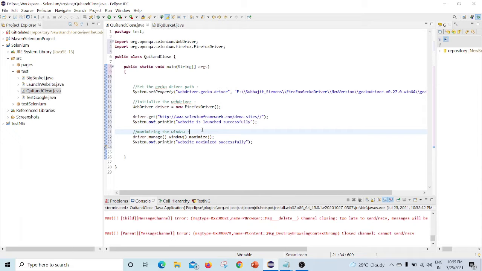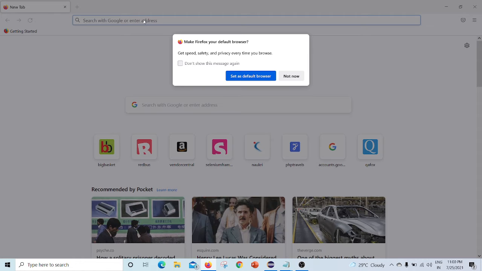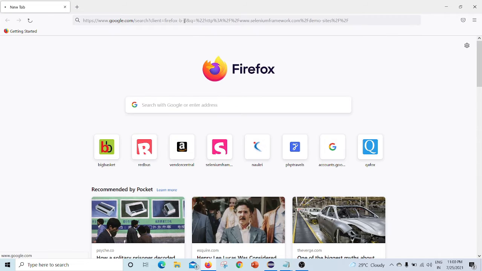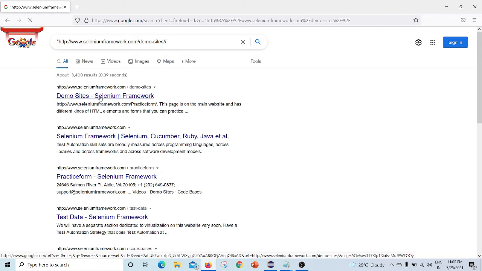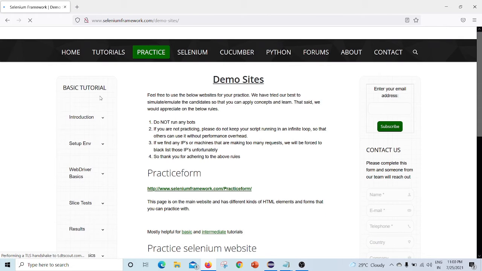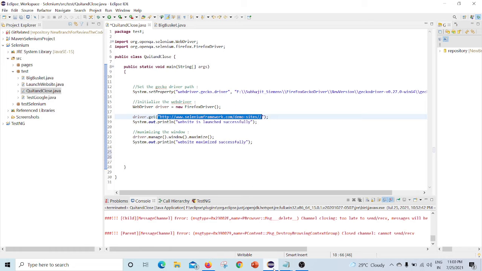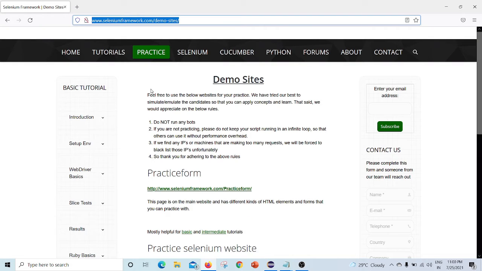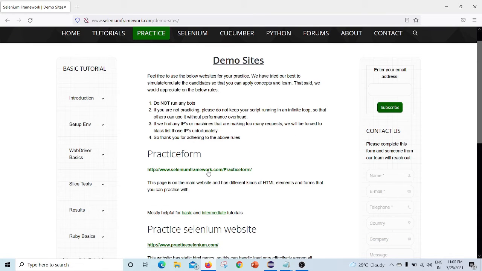Then I'm maximizing the window and printing the statement again. On this website I'll click on a particular link. Whenever you click on this link, it will open in another tab.